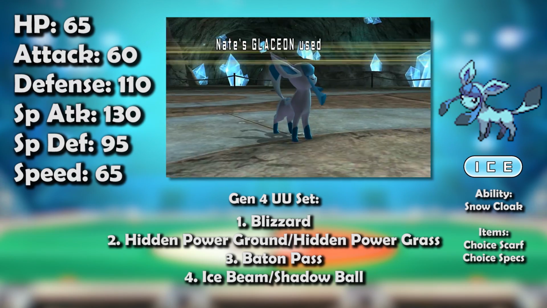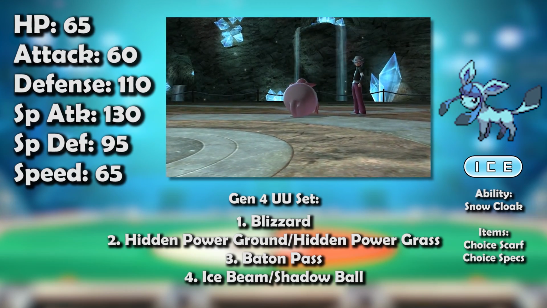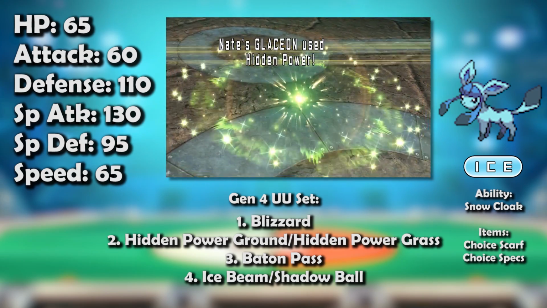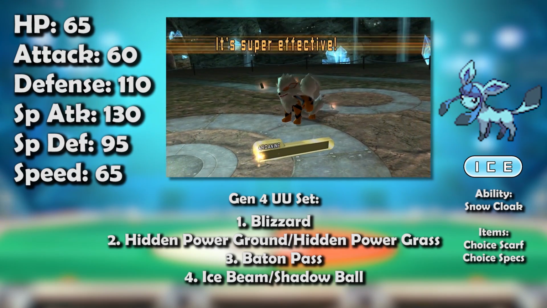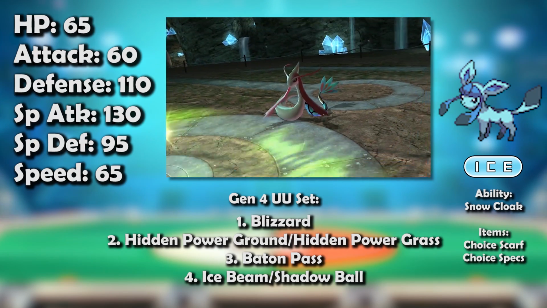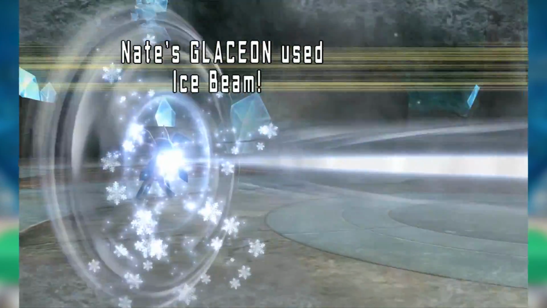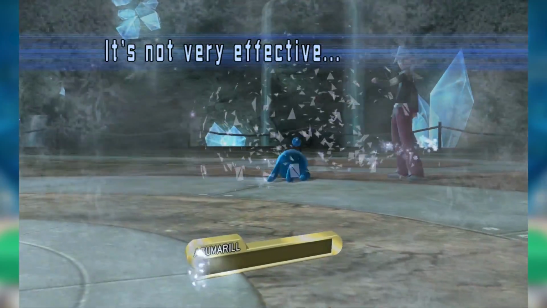Milotic, Registeel, Chansey, and bulky Arcanine completely stuffed it, and all were incredibly common. It had to pick between Hidden Power Grass for Milotic and Ground for Registeel and Arcanine, which was still unreliable given how often they were used together. Glaceon was decent against offensive teams since they packed less bulky water types such as Azumarill and Feraligatr that both